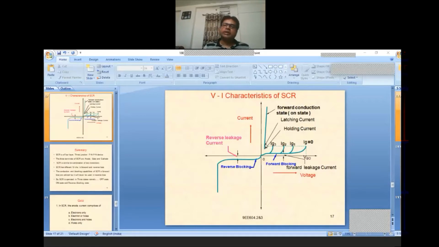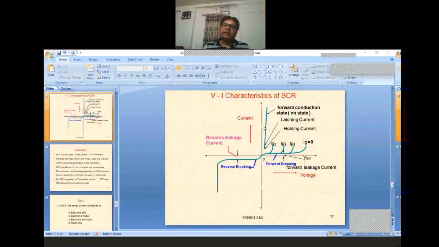Latch, as the name indicates, is a lock which pulls up. It is a lock which locks the SCR current to be more than it. Latching current is defined as that value of current when the forward current increases and becomes equal to that latching current. The SCR will be pulled into conduction mode once the forward breakover voltage is reached.